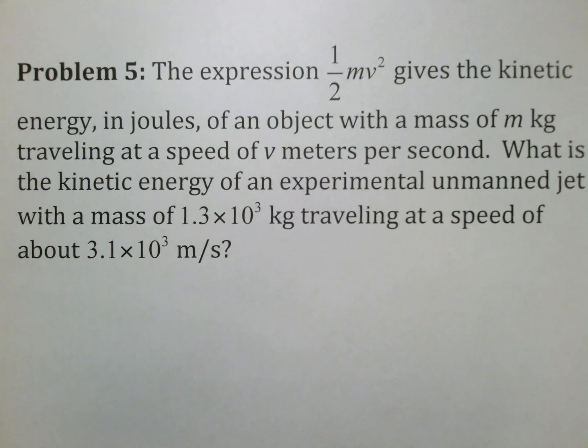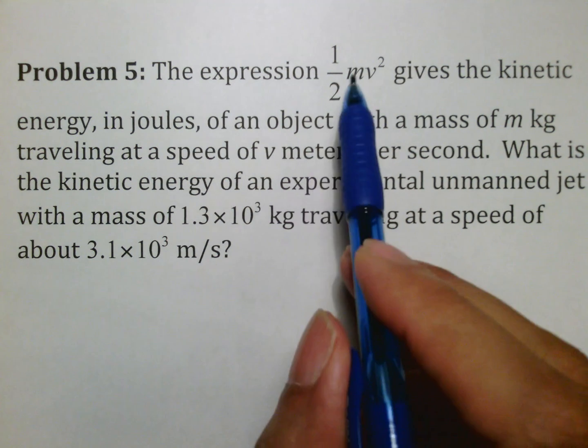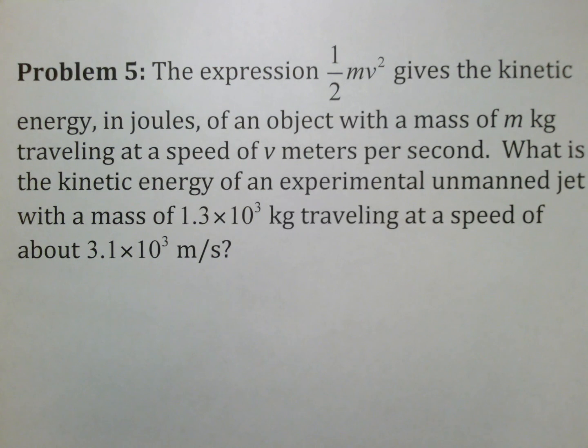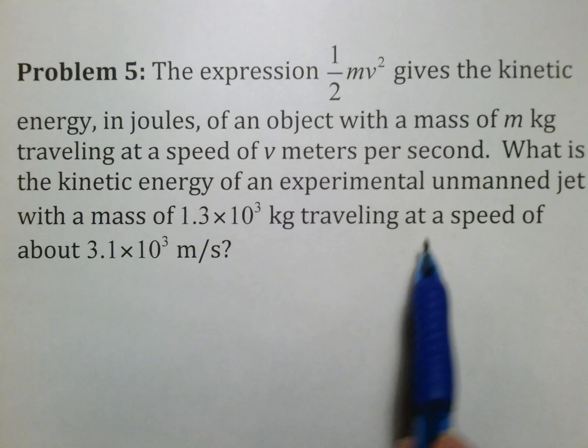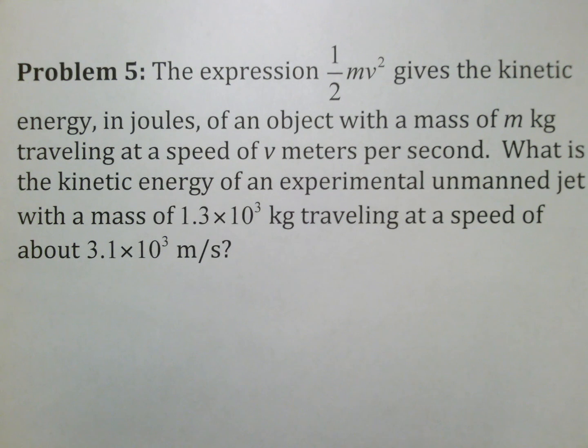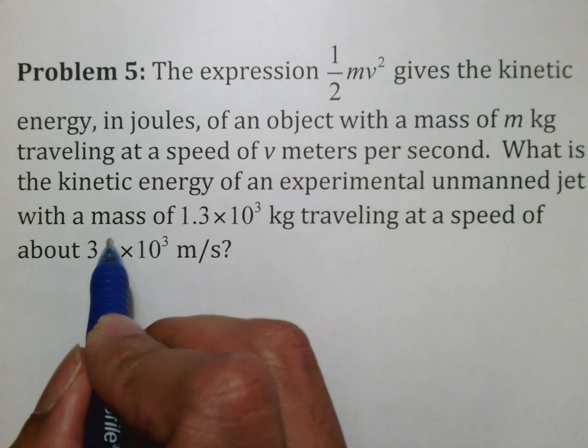Problem number 5 is a word problem. It talks about the expression 1/2 mv squared. It gives the kinetic energy in joules of an object with a mass m traveling at a speed of v meters per second. So there's your mass, there's your velocity, I think. Yes. What is the kinetic energy of an experimental unmanned jet with this mass and this speed? Well, this is the mass